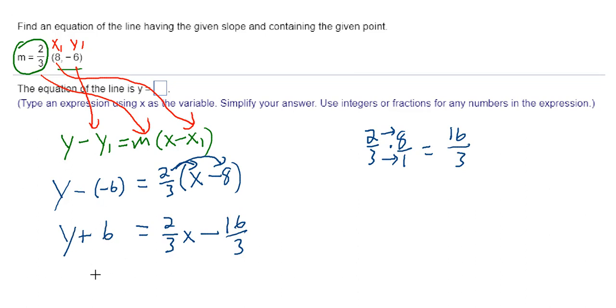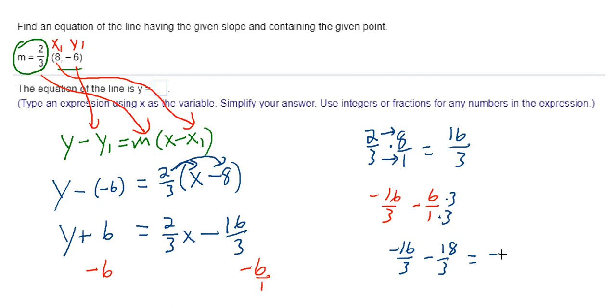Now we have to solve this for y by subtracting 6 to the other side, and we're going to have to combine these numbers together, and again, it involves a fraction. So this time we do have to get a common denominator, right? So we're going to have negative 16/3 minus 6 over 1. The common denominator here is going to be 3, so I'll multiply 3 to the top and bottom to that. So we get negative 16/3 minus 18/3, which is going to give me negative